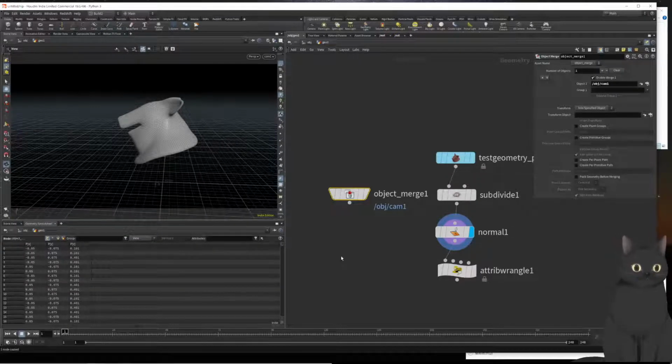So this is going to give you a single point, but at the moment it's at the world origin, so that's